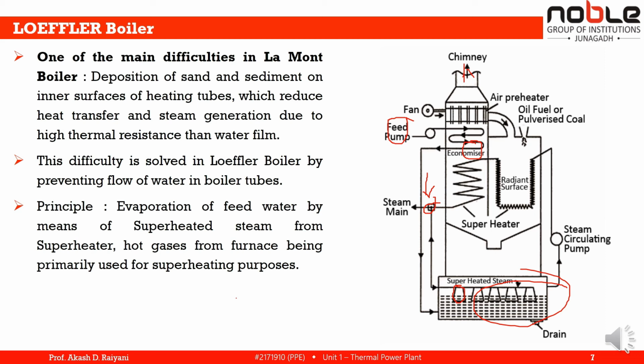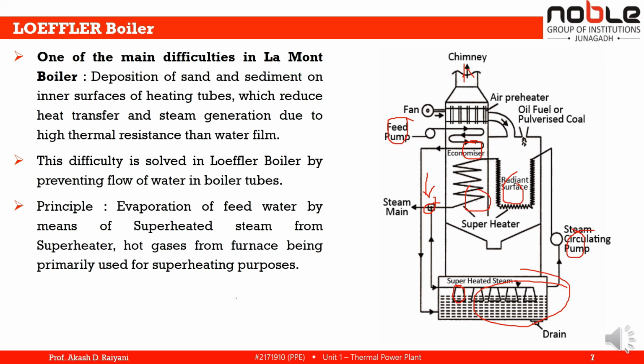The steam circulates by means of the steam circulating pump, and it draws the saturated steam from the evaporating drum into the radiant superheater, which is placed in the furnace. The radiant superheater receives the heat from the burning fuel through the radiation process. The steam from the radiant superheater enters into the convective superheater, where it is finally heated to the desired temperature, which is 500 degrees centigrade. The convective superheater receives the heat from the flue gases by the convection process.